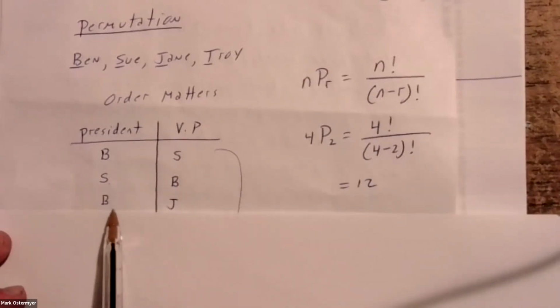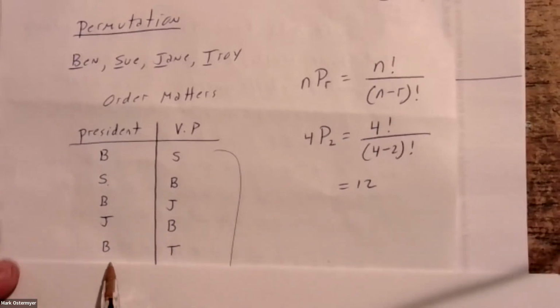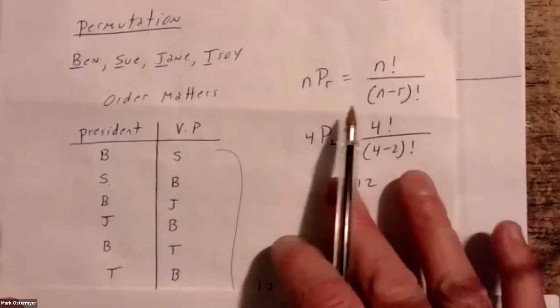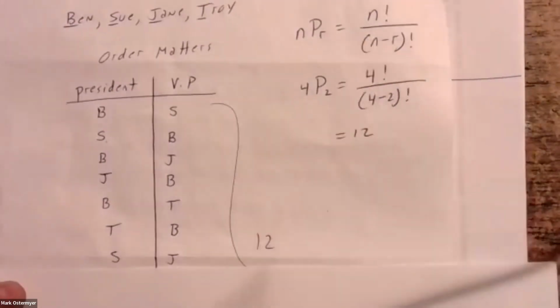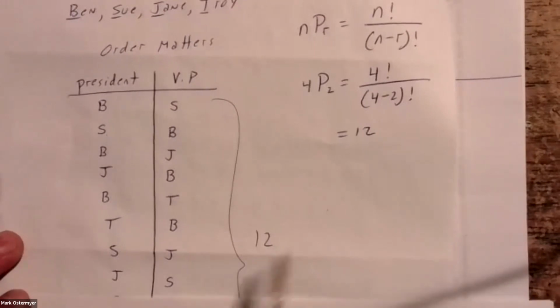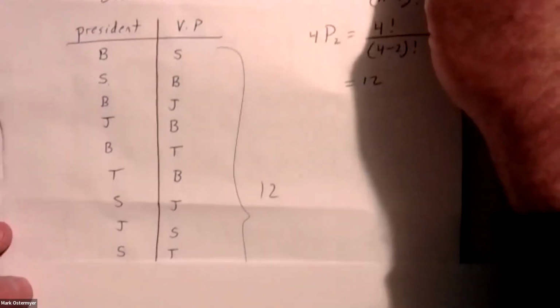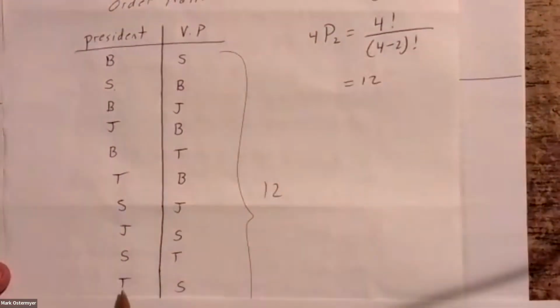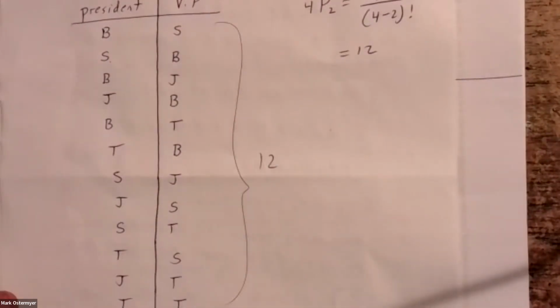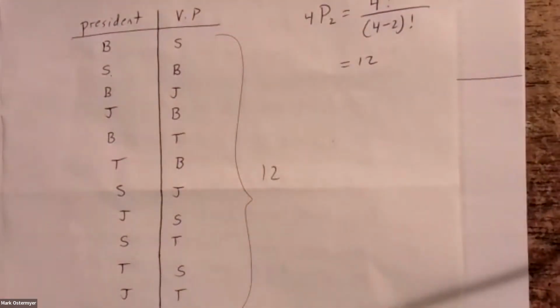Well, I could choose Ben to be president, Jane to be vice president, Jane to be president, Ben to be vice president. Or I could choose Ben to be president, Troy to be vice president, or Troy to be president, Ben to be vice president. Or I could choose Sue to be president, Jane to be vice president, Jane to be president, Sue to be VP. Or Sue to be president, Troy to be VP. Or Troy to be president, Sue to be vice president, or Jane to be president, Troy to be vice president, or Troy to be president, Jane to be vice president. Ladies and gentlemen, there are 12 different cabinets of size 2 that I could arrange from these 4 people where